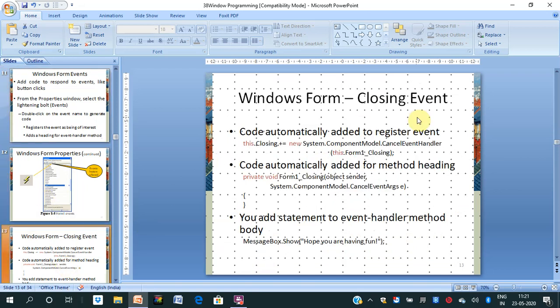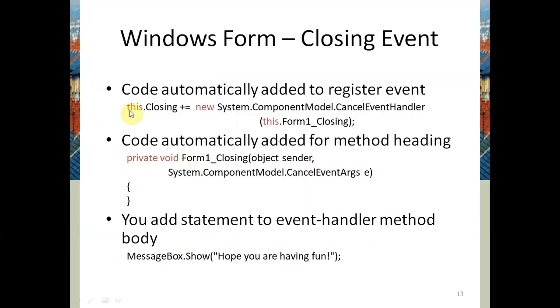And suppose we have a closing event. You can see here this closing event. This is the piece of program which can be written with the event. As we have already explained event handling in C#.NET, with the help of the delegate we can use event handling. And here we have the assignment operator. This.Closing, Closing is an event.